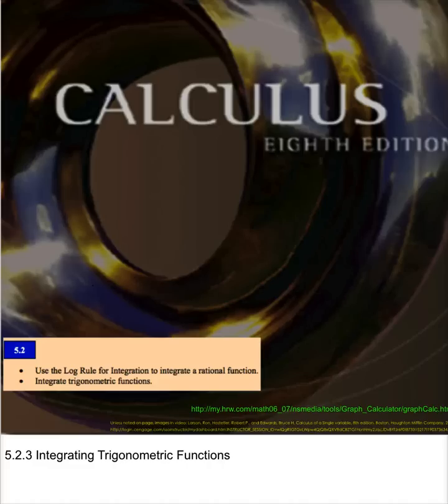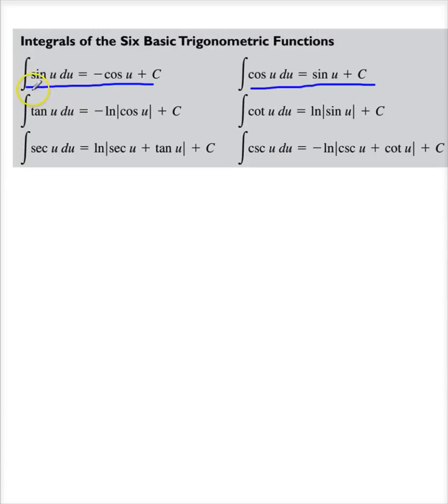Integrating techniques with trig functions is really exciting. If you already know the integral of sine of u is minus cosine of u plus c, and the integral of cosine of u is sine of u plus c. But you need to learn how to find the integral of tan u du is minus log of cosine plus